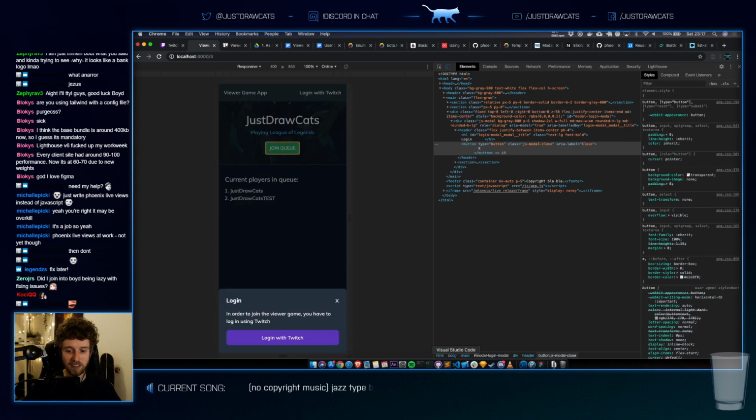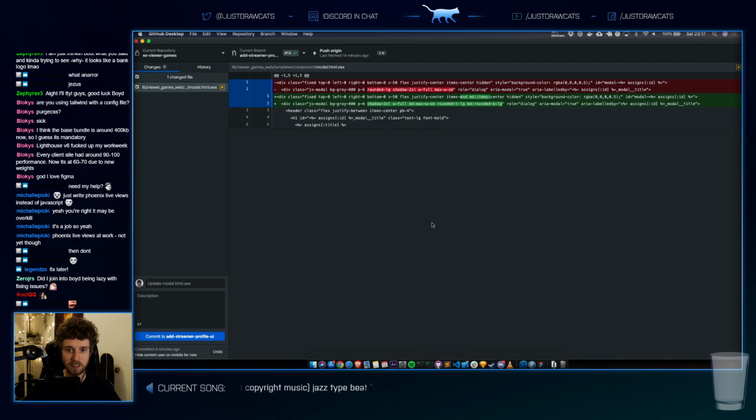It's not nice without animation though, but we'll look into that. Change modal styles on mobile.